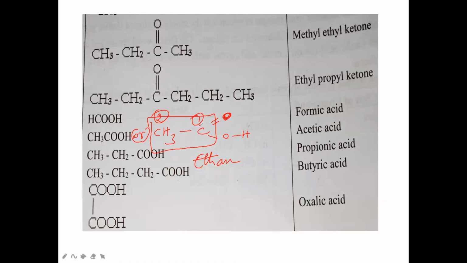So we need not mention 1-oic acid here, because always the position of the COOH carbon will be the first position. So we need not say 1 here in this case. So ethane oic acid simply. Ethane oic acid. We need not say ethane 1-oic acid. Ethanoic acid. Eth is the root word, an is the primary suffix, oic acid is the secondary suffix. So ethanoic acid is the IUPAC name here.